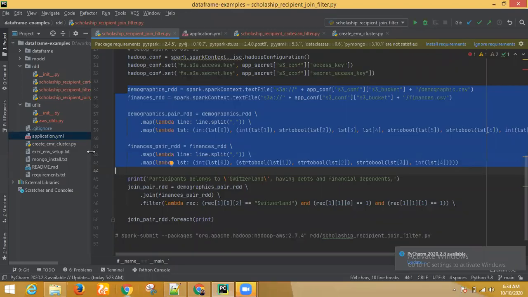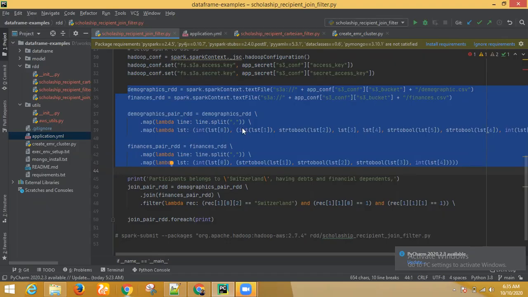We just created two pair RDDs, the demographics pair RDD and the finance pair RDD, which are key-value pairs. Both share the same key, the student ID of type integer, and the value is a tuple of the rest of the fields, which contain country information and so on. Similarly, the finance data's value part has has debt equal to true, has financial dependence equal to true, and a couple of other attributes.